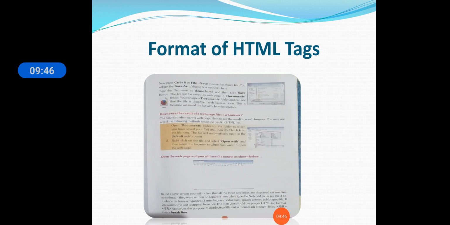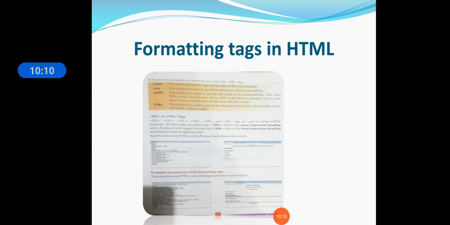The BR tag is used for breaking the line. Here we have seen the small tag for making the letters small, and the big tag for making the letters big. We have used the center tag for putting the text in the center. The HR tag is there for making changes; color, size, width, and align we can set from the HR tag. H1 to H6 tags we have seen, where H1 is the most important and H6 is the least important.